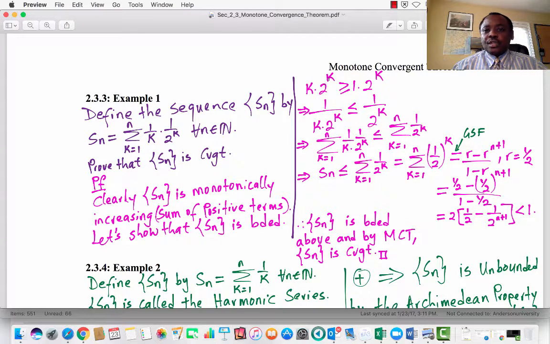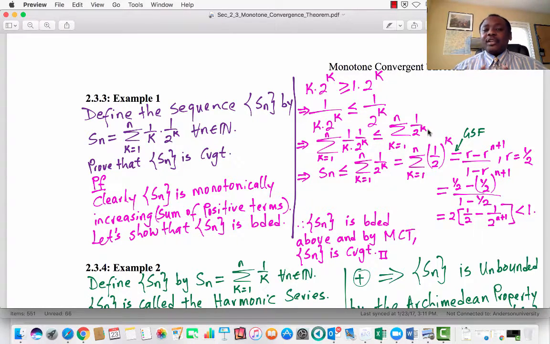Now, k times 2 raised to the power k is greater than or equal to 1 times 2 to the k, and that is because k starts from 1 right up to n. So the least k can be is 1. So this inequality chain is true. We flip everything and end up with 1 divided by k times 2 raised to the power k less than or equal to 1 divided by 2 to the k, and I can hit my summation sign on both sides, and I end up with summation k from 1 to n, 1 over k times 1 over 2 to the k less than or equal to summation k from 1 to n, 1 divided by 2 raised to the power